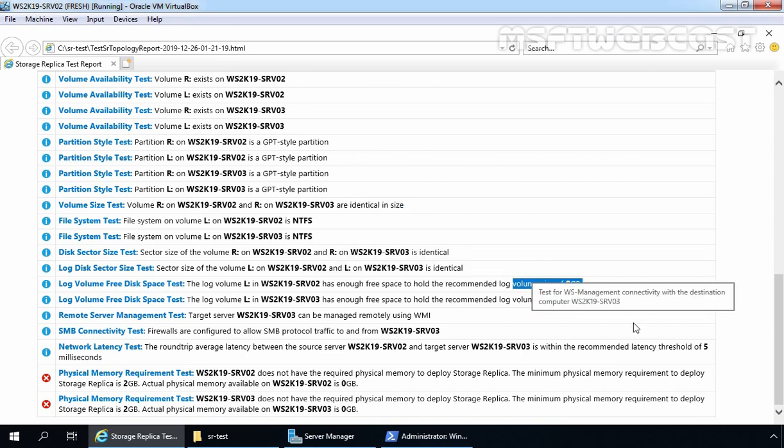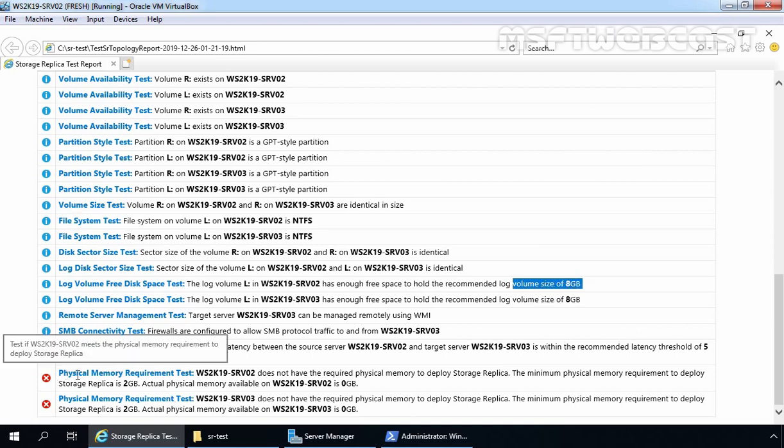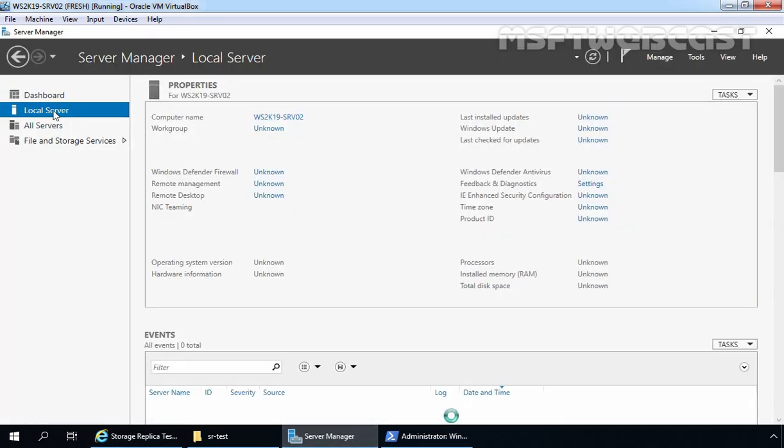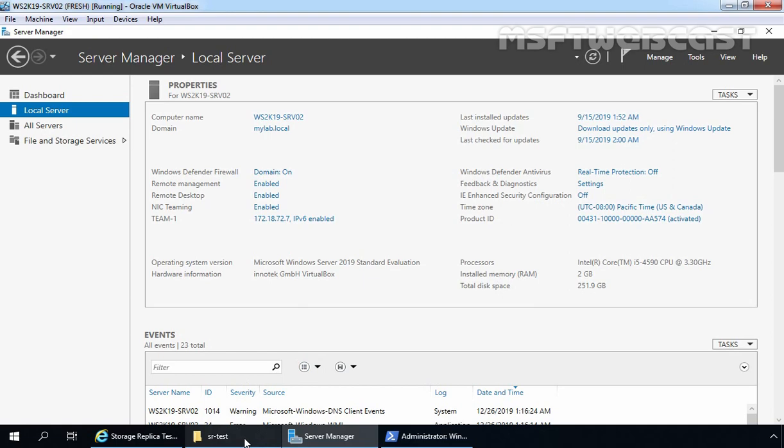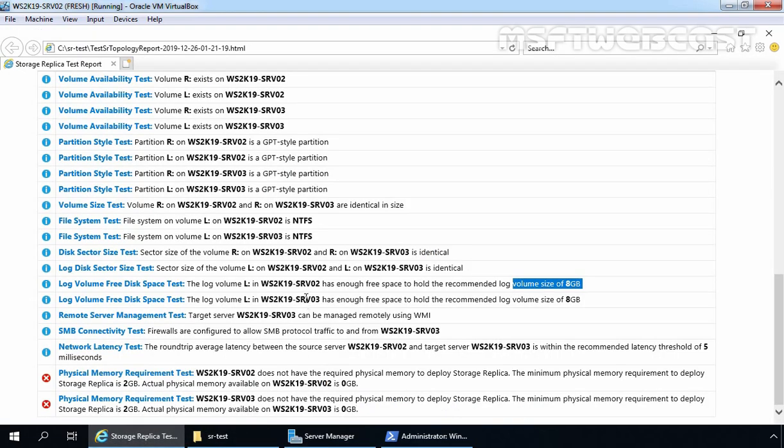Now here 2 warnings, or you can see errors are there, and that error was about the physical memory requirement test. See, I have already assigned 2 GB of RAM to these virtual machines, but as you know, we are using a test lab created in VirtualBox, and that's why this test is not able to detect the RAM, and that's why it is giving us the warning that the minimum requirement is 2 GB, and the actual physical memory available on our servers is 0 GB.